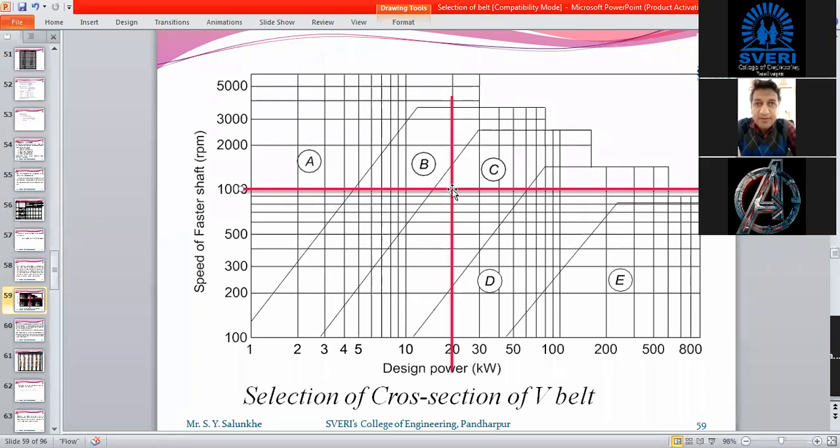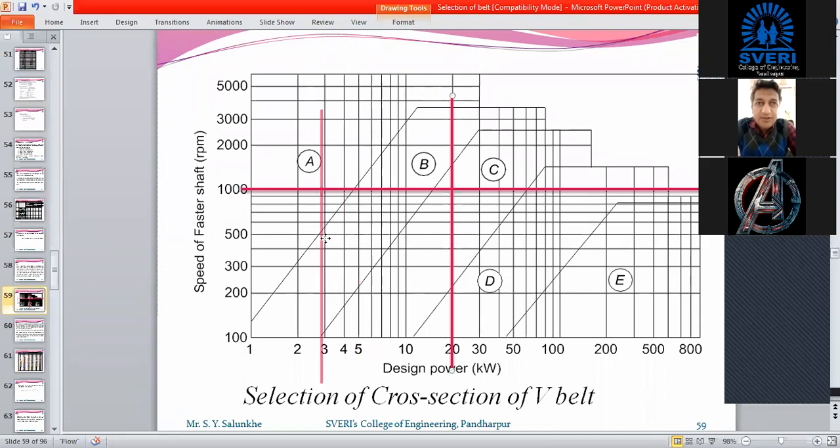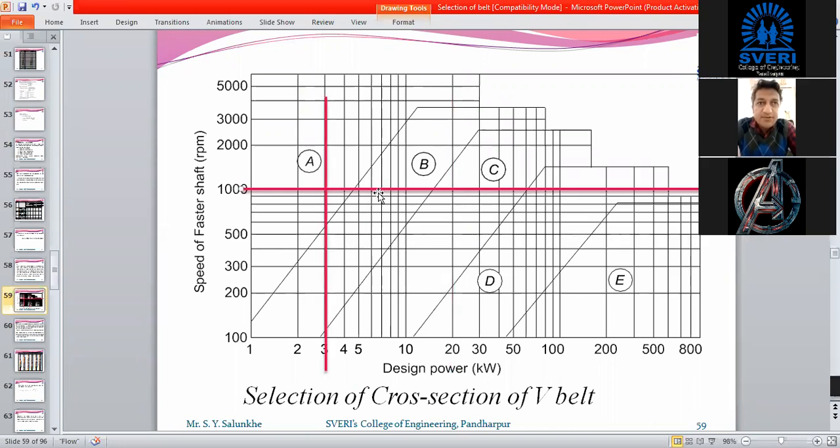Are you getting me? If suppose we are transmitting power equal to 3 kilowatt, but the speed which we are going to use for the motor or driver pulley or faster pulley is 1000 again, then it is coming under the category of A type of belt.